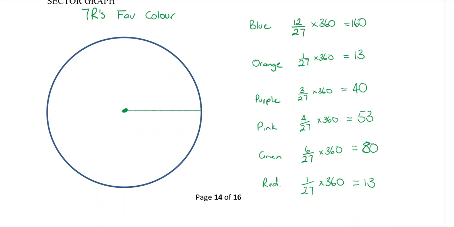Label what you've got there. So this is the blue, the people who like blue, and that was 160 degrees that I measured in there. And now you're going to move your protractor around and do all the other angles. So my next one is 13 degrees. That's going to be a little one. Rotate your protractor to line up against that new arm that I've made. Find the 13, put a little mark, and draw a line very neatly, going through your mark to the edge of the circle. Label that orange and 13 degrees at the center.